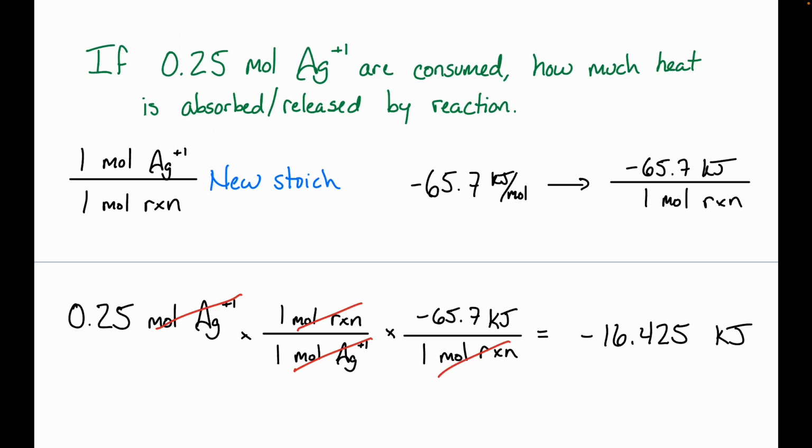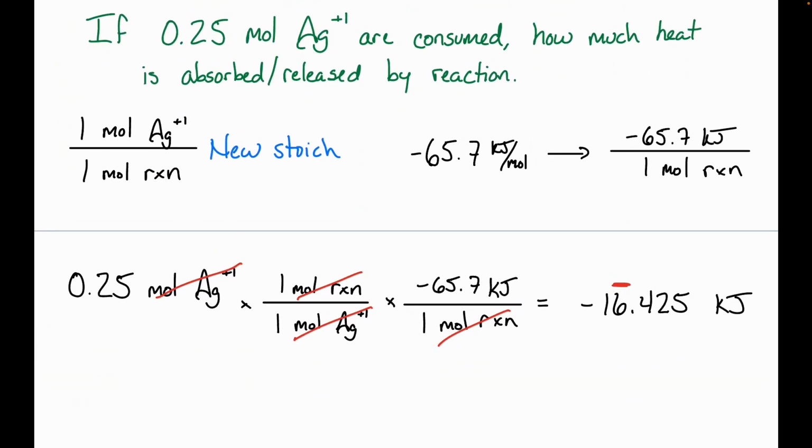All right, I'm going to mark these 2 sig figs with a bar. But we're going to go and do more math with this number. So am I going to round it? No. All right, cool. So we'll just keep it marked so we know how many sig figs there are. All right, so now we figured out how much heat was absorbed or released by a reaction. First of all, was it absorbed or was it released? It was released, right? Cool.